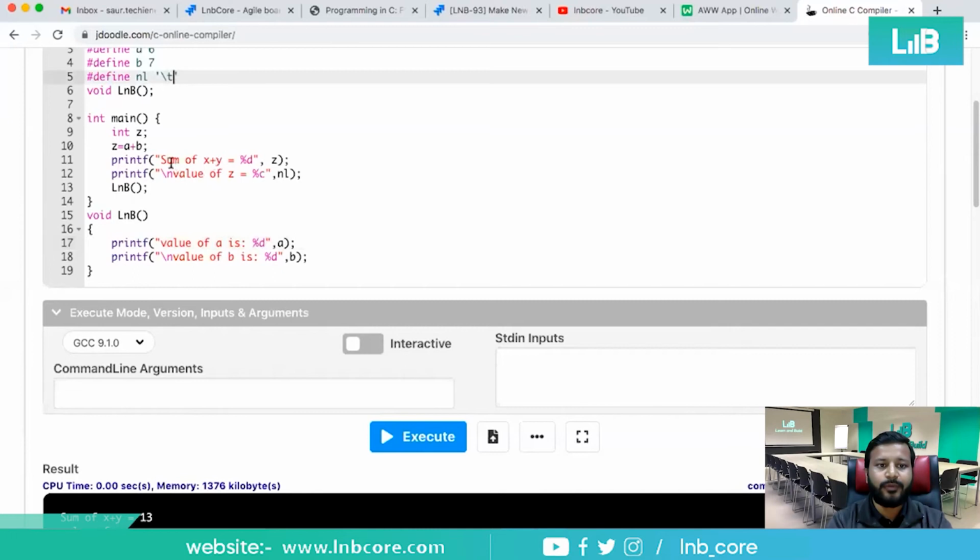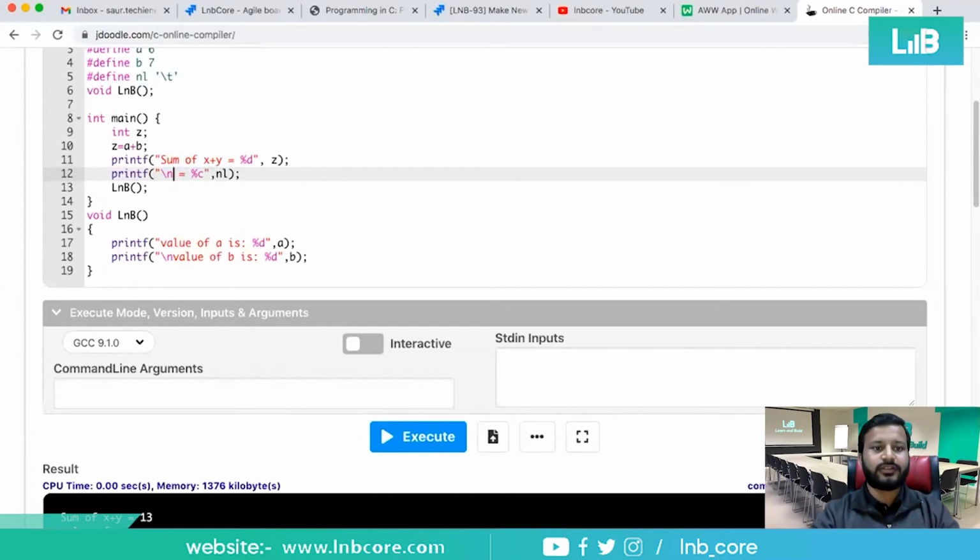So what will happen? The first line will be executed. Sum of X plus Y would be Z, which means 13 will be coming up. Then after new line, this statement will be printed. Value of Z would be nothing, just simply a space, right?